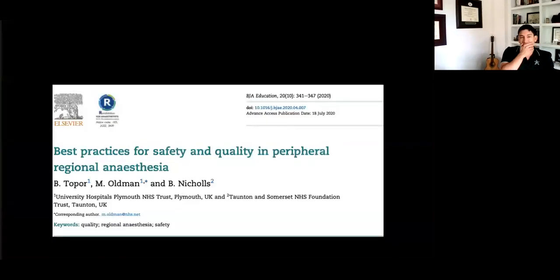So there was a study that the NHS in the UK published in 2020. They took best practices for regional anesthesia, and they analyzed what should become our standard in the UK for quality and safety of peripheral blocks. Okay, now this was not neuraxial blocks, it was peripheral blocks, but there was no mention of a specific QA